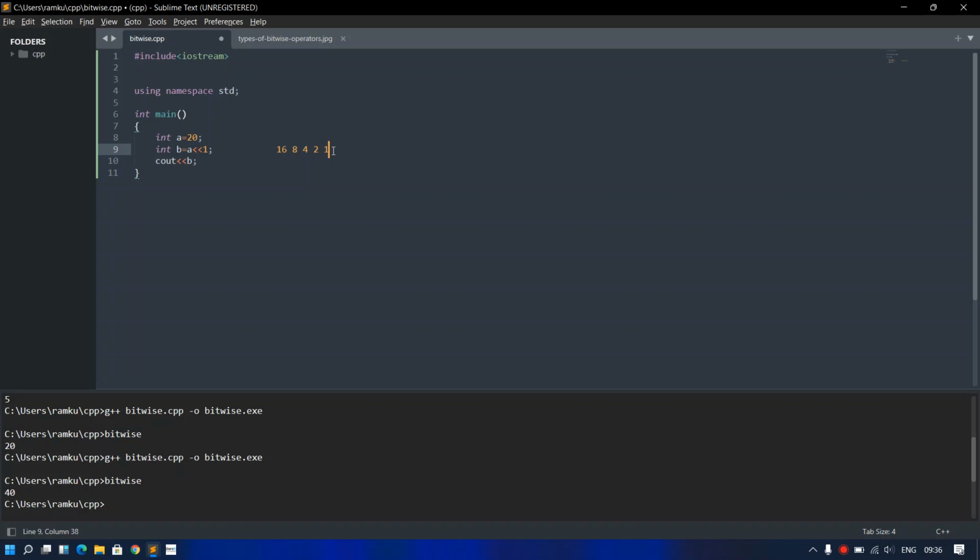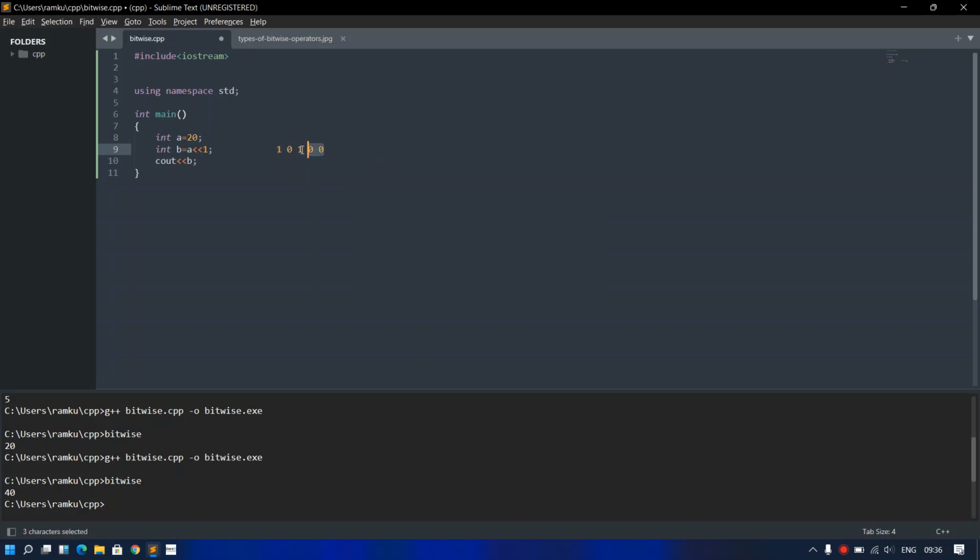So the value will be 10100. This is the binary value of 20.